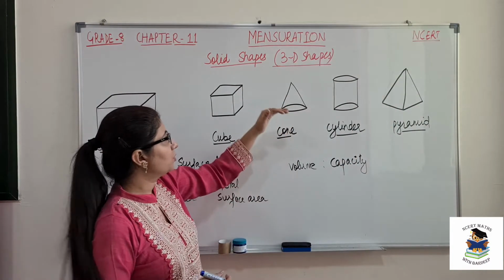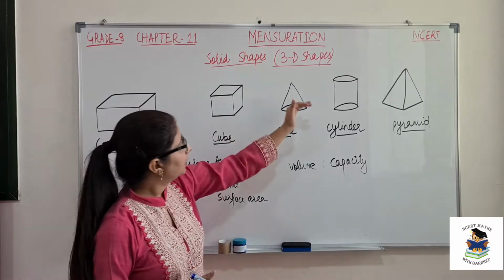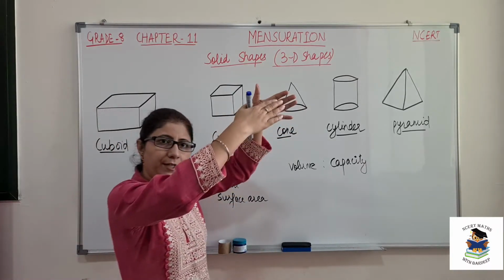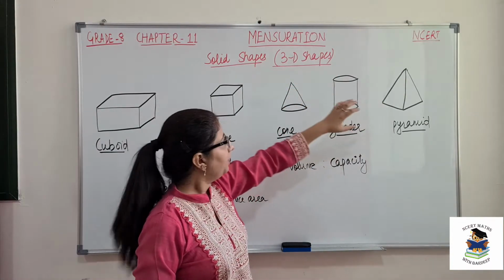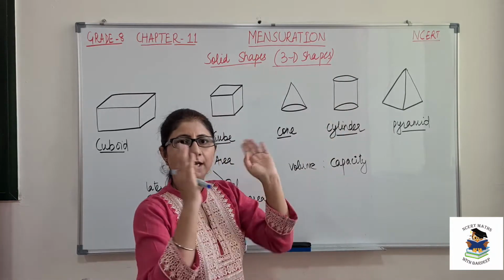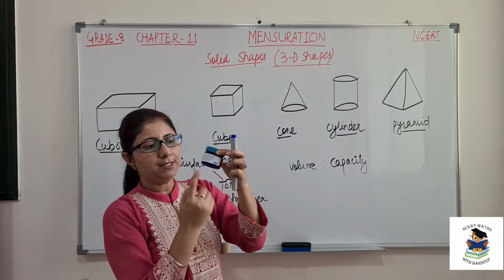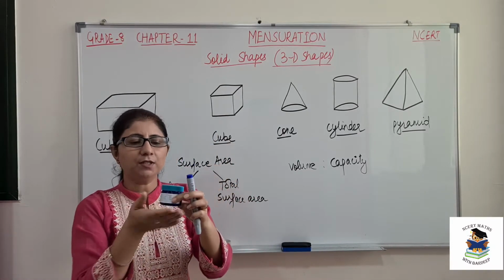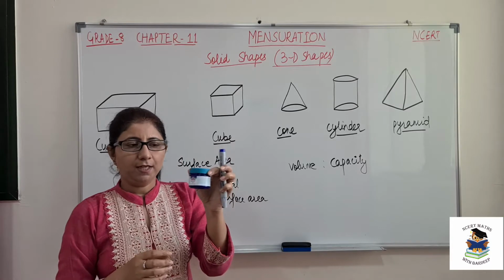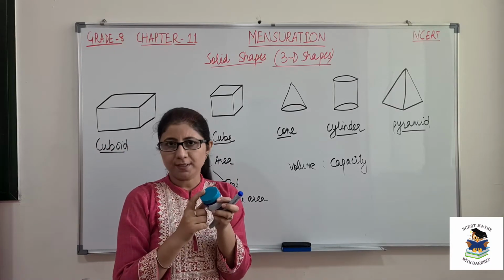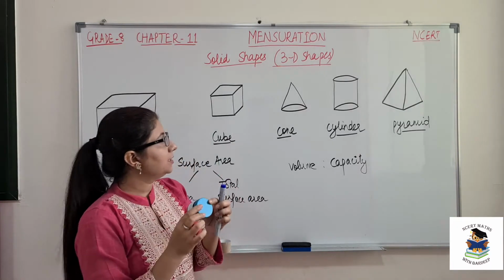The third shape is cone. Cone is like your ice cream cone or birthday cap, in which a circular base is there and it is joined at a vertex. So that is a cone. Next is cylinder. Cylinder means we have two circular ends and they are joined in a curved way. For example, this is a cylinder in which we can see a round figure. So base is a circle, top is a circle and it is joined in this curved way. This is a closed cylinder actually, in which top and bottom are closed. So this is a cylinder.